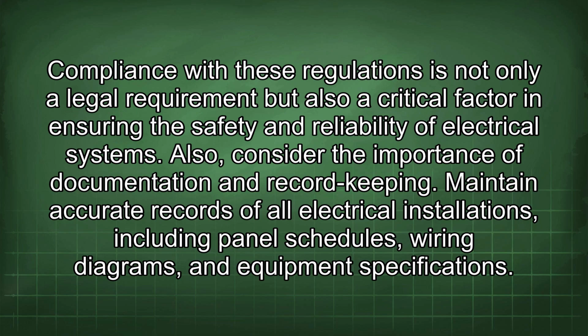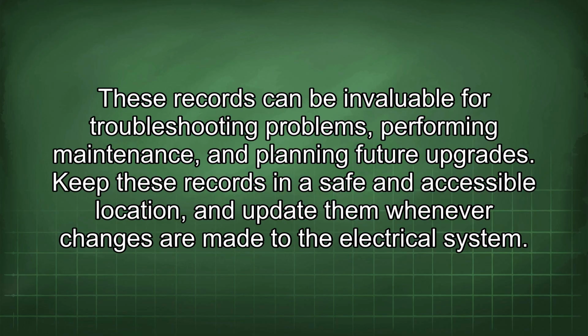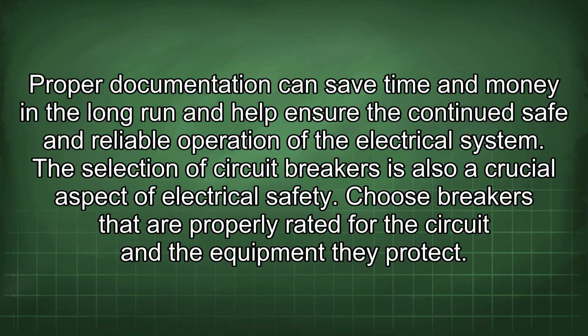reliability of electrical systems. Also, consider the importance of documentation and record keeping. Maintain accurate records of all electrical installations, including panel schedules, wiring diagrams, and equipment specifications. These records can be invaluable for troubleshooting problems, performing maintenance, and planning future upgrades. Keep these records in a safe and accessible location and update them whenever changes are made to the electrical system. Proper documentation can save time and money in the long run and help ensure the continued safe and reliable operation